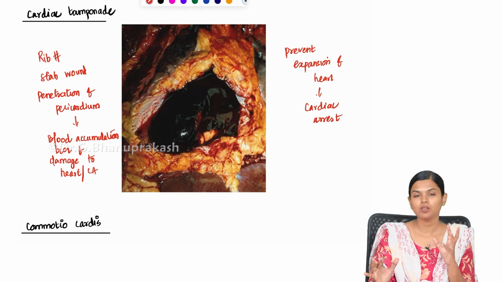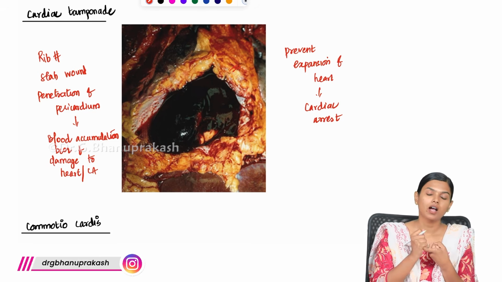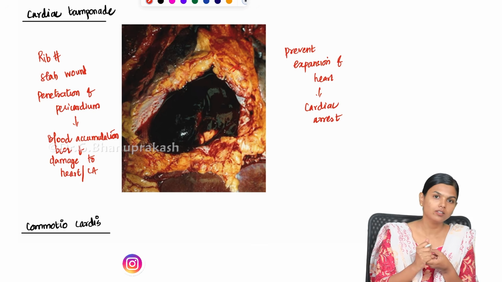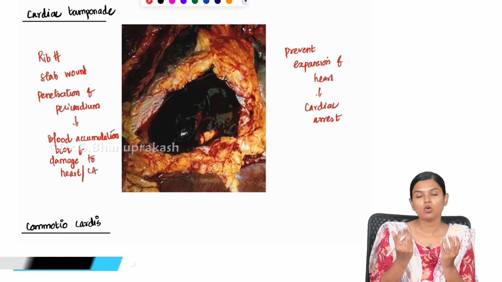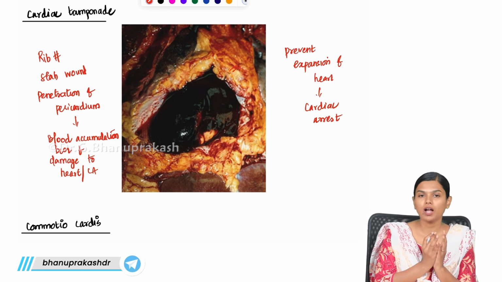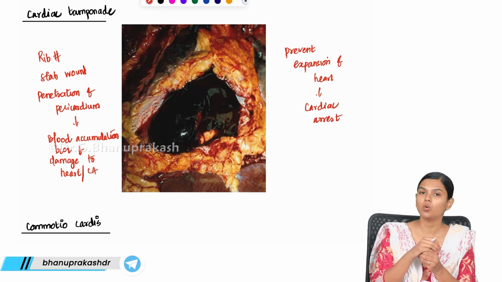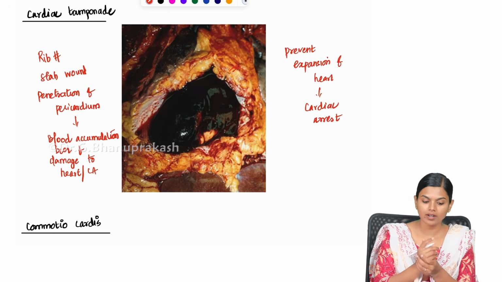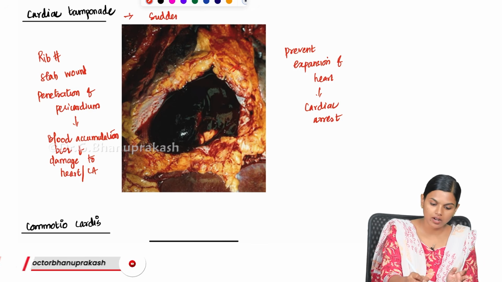So there will be some sort of injury. There will be a rib fracture or stab to the chest which will penetrate the pericardium and injure some vessel or the heart itself. Because of that, there will be oozing out of the blood. That blood will come and occupy the whole pericardium, so the pericardium will become very tight and there won't be enough space for the expansion of the heart. Because of that, the heart will go into arrest. This is known as cardiac tamponade, and this is one of the important causes of sudden cardiac death.